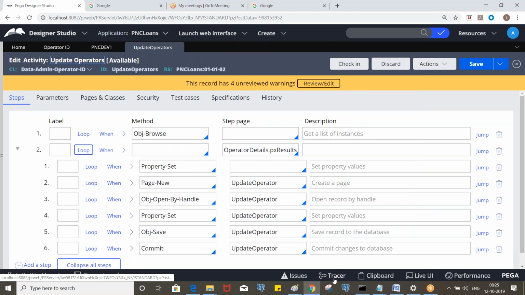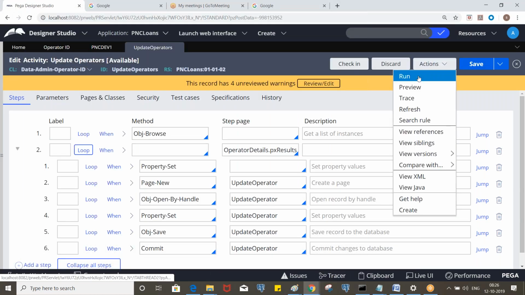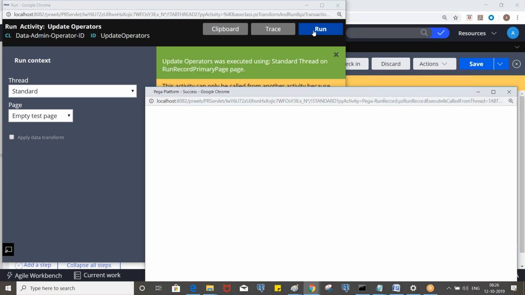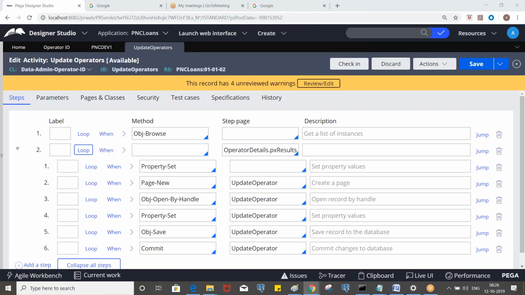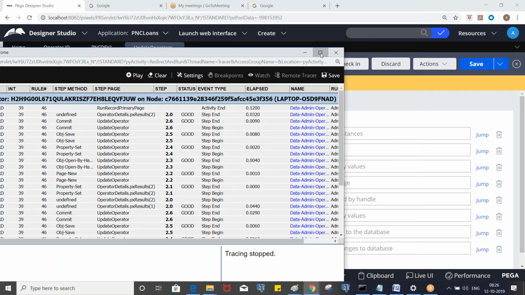Before executing it, open the tracer and execute it. So now this is the execution process.